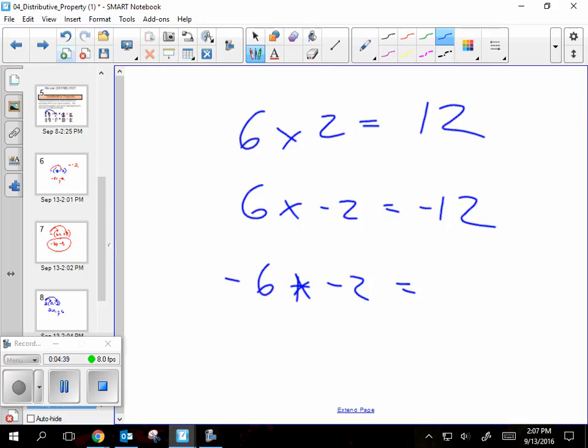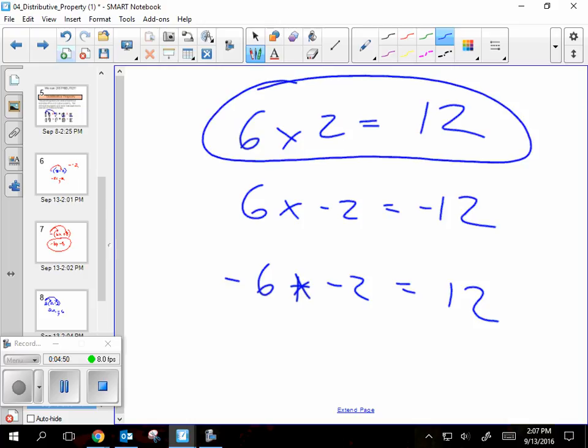Anti-venom. I like it. It got poisoned, but then it flipped it back to being okay again, positive 12. That's the only 3 possibilities you really have. If they're all positive, it's positive. If there's 1 negative, you poisoned it, the answer is going to be negative. And if there's 2 negatives, then the answer